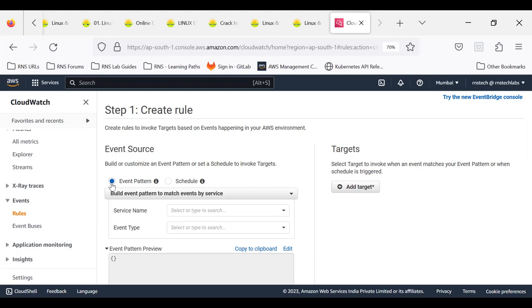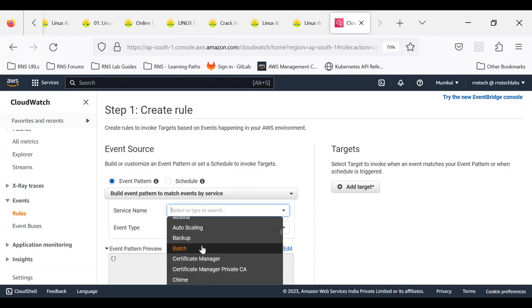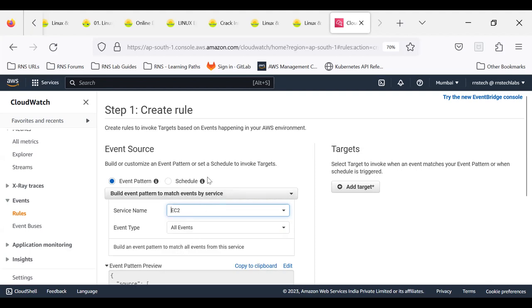For an event pattern, first you need to select on which service you want to apply this pattern. Do you want to use the EC2 service, or auto scaling, or RDS, or CloudFront, or CloudWatch itself? We have so many. What are the services that are required for us? You can identify the service, and we can go on to define the